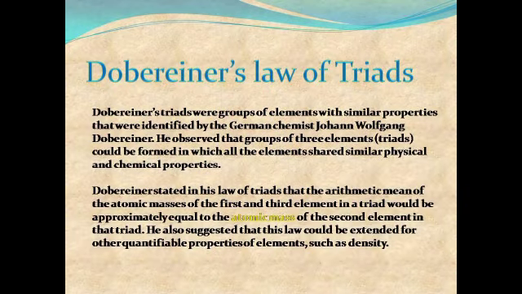Döbereiner's classification. In 1829, Döbereiner noticed that there are three elements with the same properties. He arranged them in a group of three. Later, he called them a Triad, which was proposed as the rule of Triad. He said that the central atom of each set had an atomic mass equal to the arithmetic mean of the atomic masses of the other two elements.